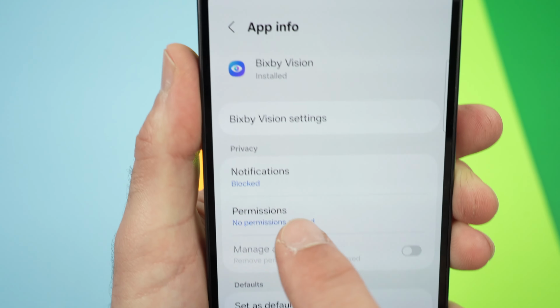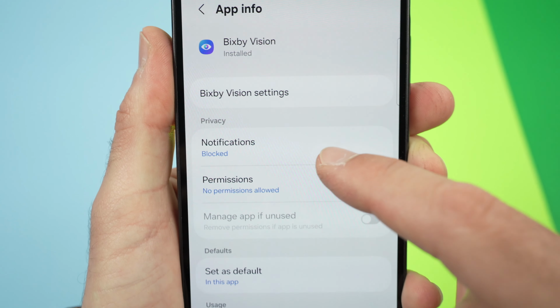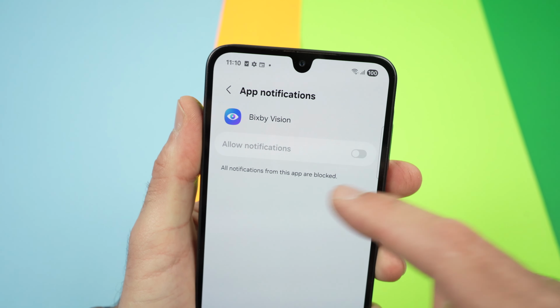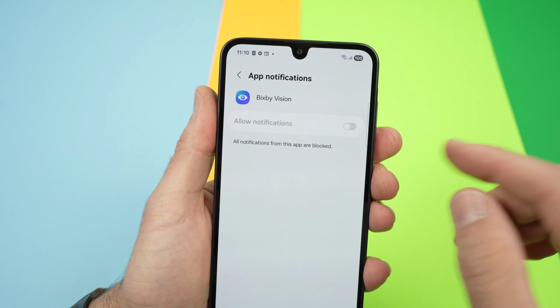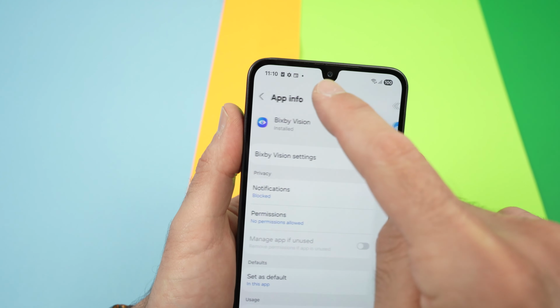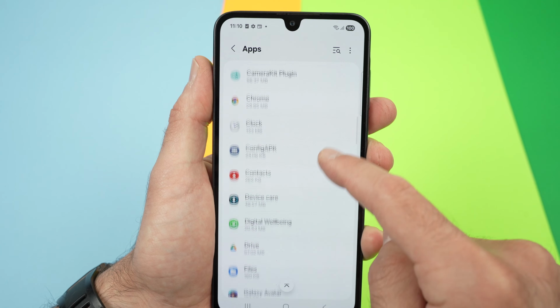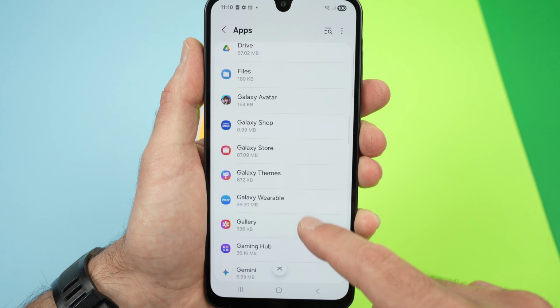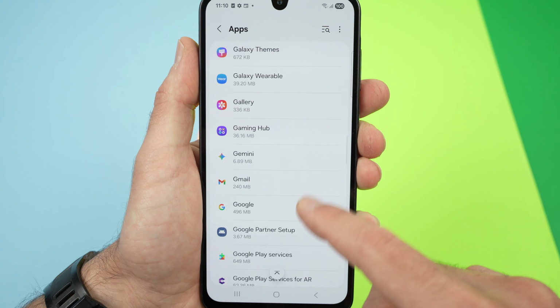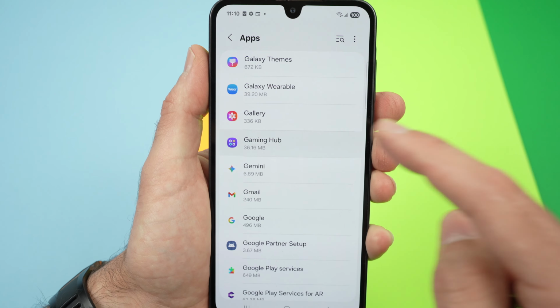You can go over here, see notifications, click on it. Right now it's blocked, so it cannot send me notification, but you'll be able to block the app from sending you any kind of notification. And you can do this with many different other ones. For example, let me see, Gaming Hub. By clicking here,